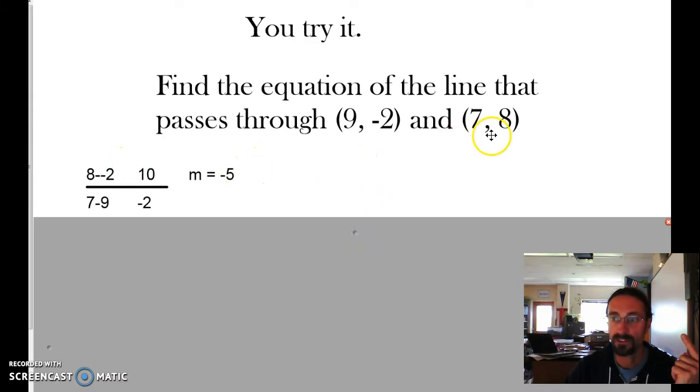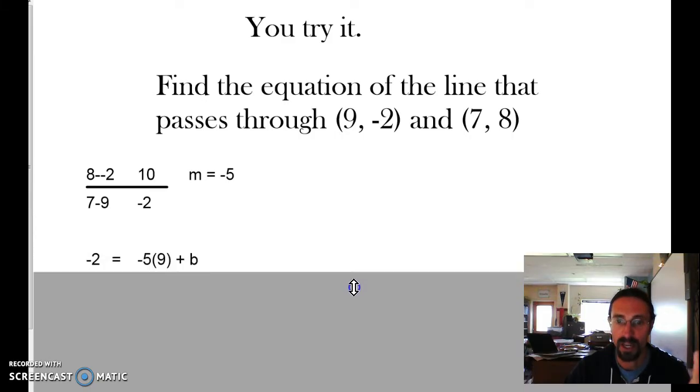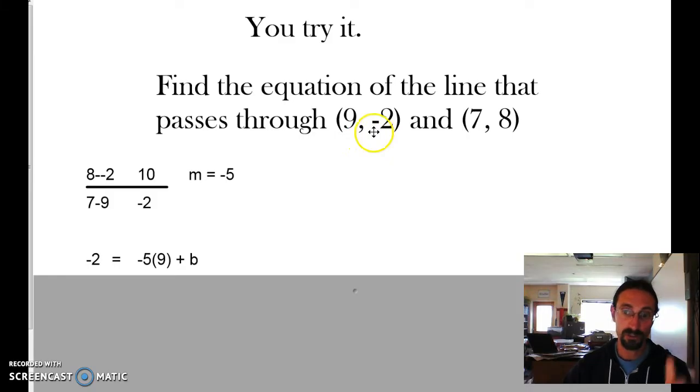So I'm saying, hey, this is going to be 0.2, this is going to be 0.1. 8 minus -2 is a positive 10, and 7 minus 9 is -2. Again, this line or equation has a negative slope, -5. So now that I've got that figured out, you probably already had, oh, Mr. Rising, I got it. I'm going to use, it doesn't matter which point, as long as you use both coordinates